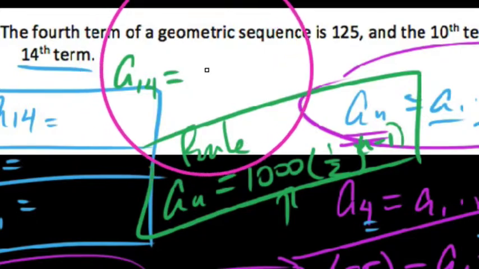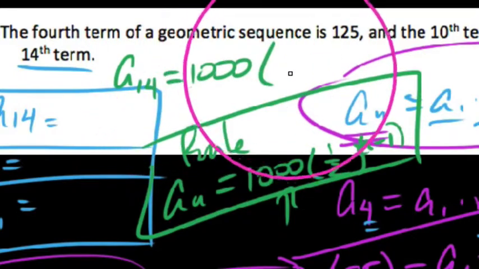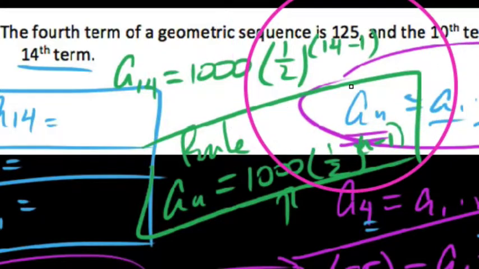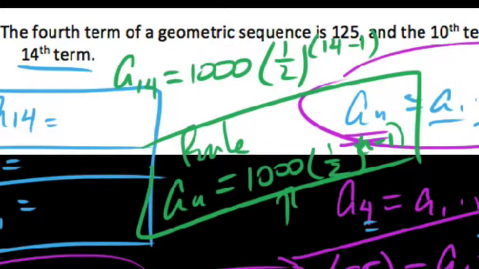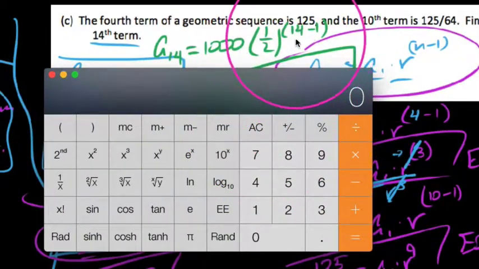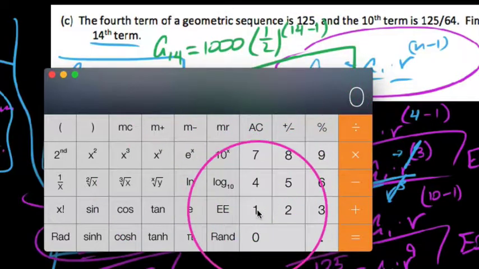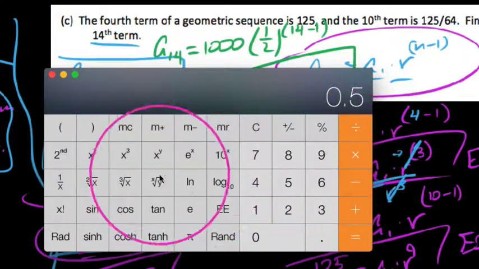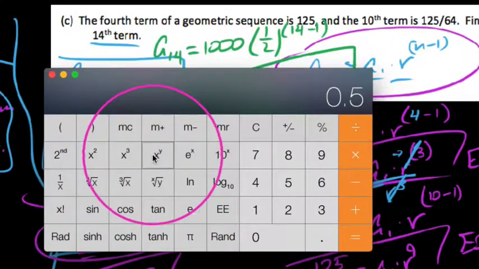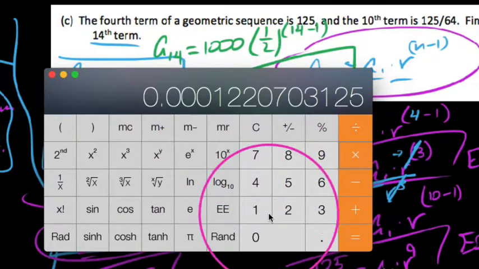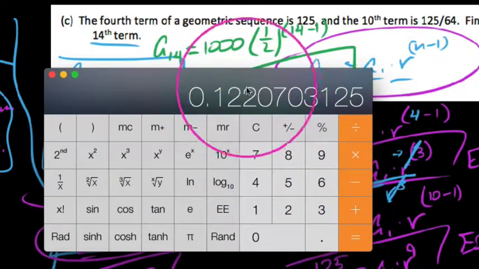This wouldn't be very big at that point, but it'd be 1,000 times 1/2 to the 14 minus 1 power. With our calculators, we're going to have to do a little bit of order of operations here. 14 minus 1 is 13, and 1/2 to the 13th power. So the first thing we want to do is 1 divided by 2. Our common ratio is 1/2. We're going to raise this now to the 13th power. Very small number. We're going to take this times 1,000, which is really going to bump our decimal. And you get